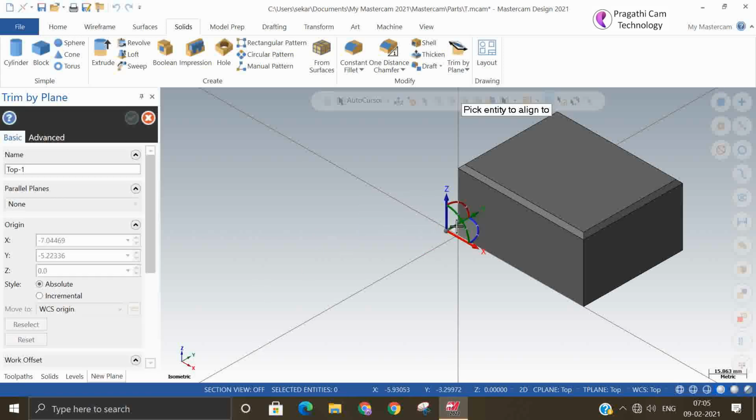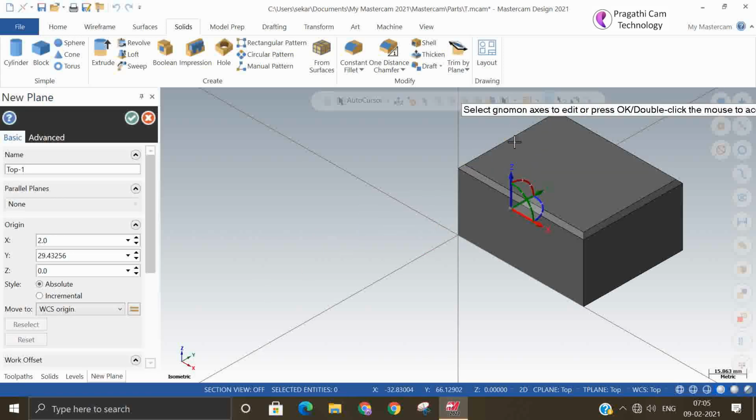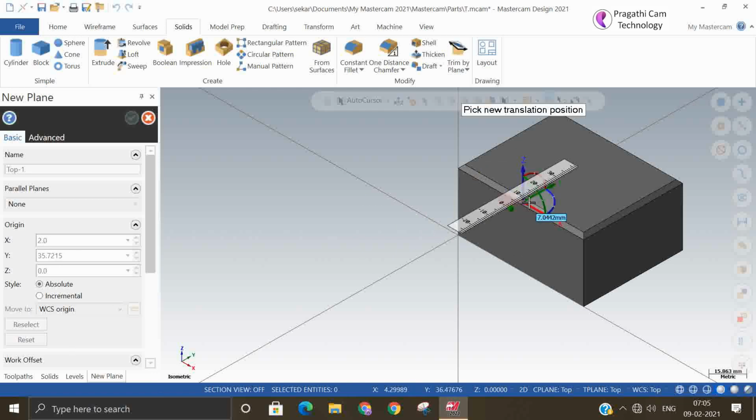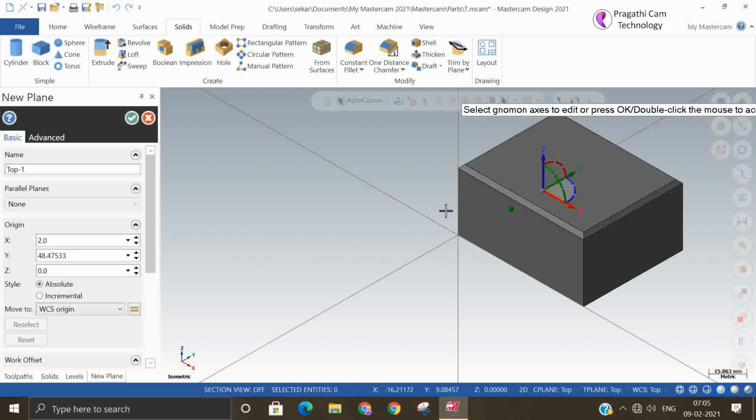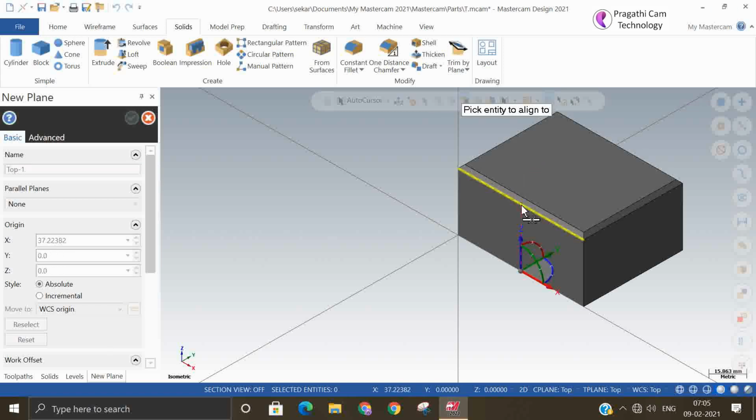Otherwise you can make a dynamic plane. Okay. The best one here is to make a line and make the trimming. That is the best option.